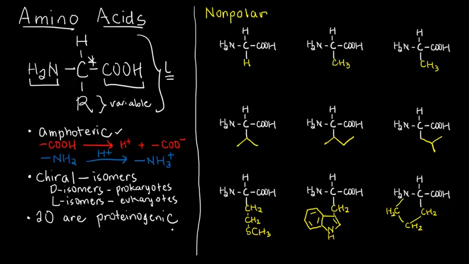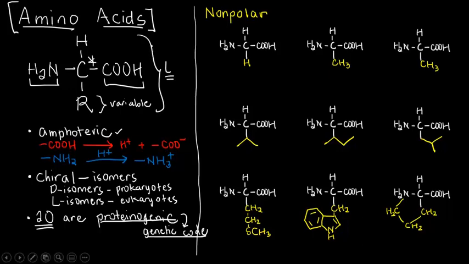20 of the amino acids that we will talk about are proteinogenic. When you say proteinogenic, these are the only amino acids, 20 of them, that can give rise to proteins. And that is actually based on something that we call the genetic code, which is something we will discuss further when we get to our DNA and RNA. But the point is, you have to realize that the word amino acid is actually a very generic term. Because if you think about it, anything with an NH2 and a COOH are called amino acids, but that doesn't mean that all of the compounds in the universe with that basic requirement is something that we can use for